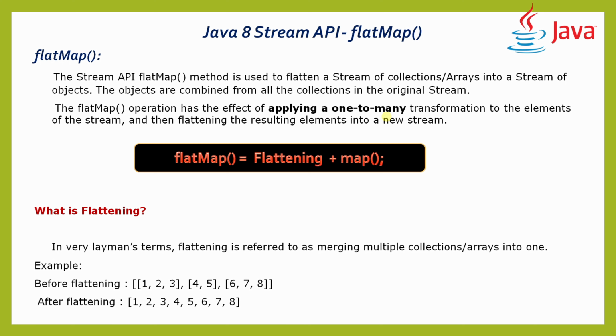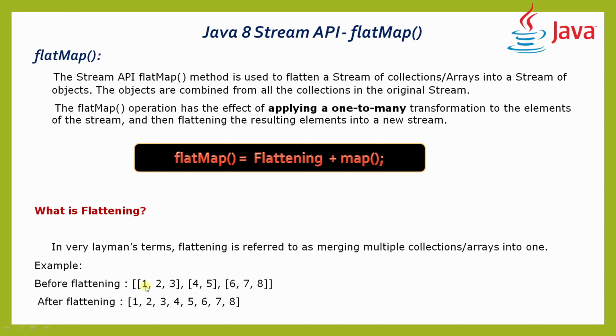Good morning to everyone. Today we are going to discuss the flat map. How does flat map work, and what is its purpose? The stream API flat map method is used to flatten a stream of collections or arrays into a stream of objects. That means if you see the below example, right,